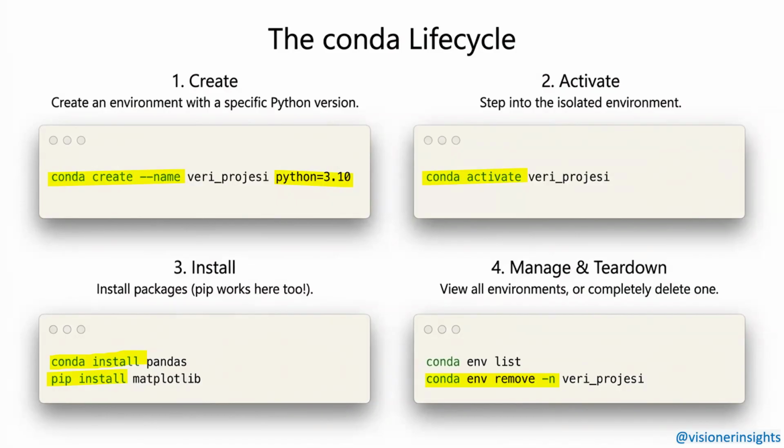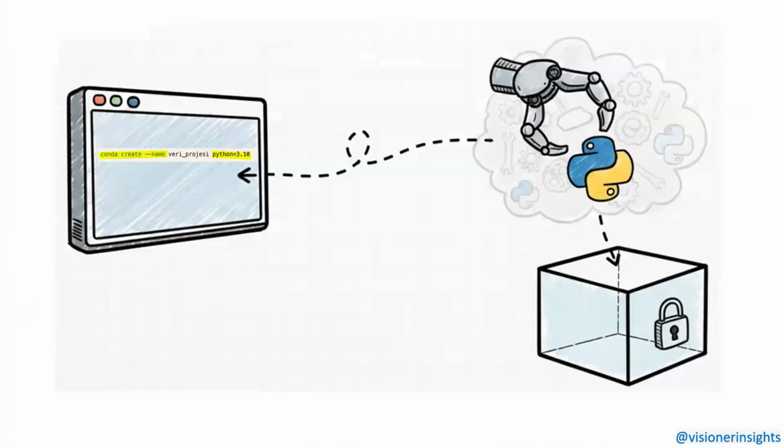Finally, you can manage or cleanly tear down environments using commands like conda env list or conda env remove. I really want to emphasize this specific line of code from the creation step: conda create --name vary_proj python=3.10. This brilliantly shows how Conda lets you explicitly dictate the exact Python version your new environment is going to use right at the very moment of creation. If your project specifically needs Python 3.10, Conda just goes out, grabs it, and puts it right in the box